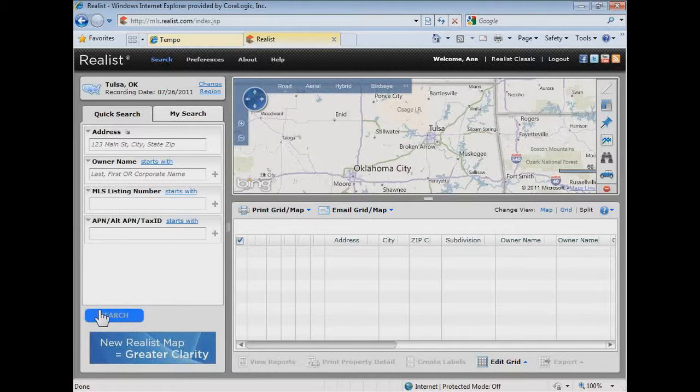Once you get inside Realist, this is the page that you will be presented with to start with, and you'll notice a couple things here. There are several windows, several panels available to you to start out with. You have some search options over here on the left. You have a map over here on the right, and then you have a grid down here below the map